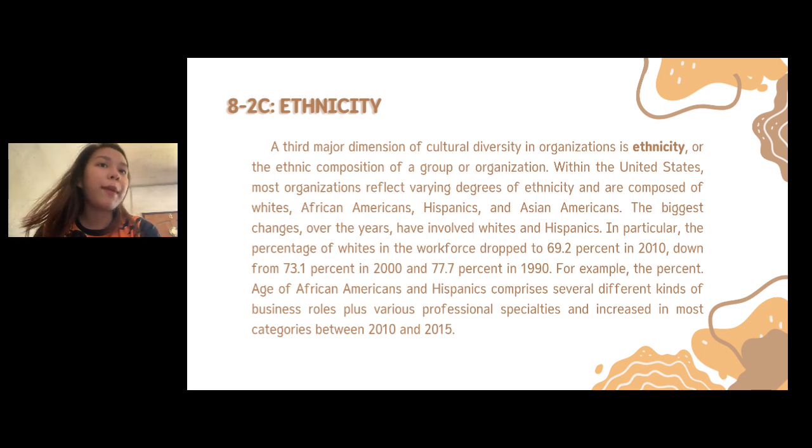In the US, marami yung mga organization na nagpapakita ng iba't ibang antas ng ethnicity composed of the white, African Americans, Hispanics, at Asian Americans. So the biggest changes over the years have involved white and Hispanics. Specifically, as I said, the percentage of the white is 69.2 in 2010, while in 2000 is 73.1, then sa 1990 is 77.7%. Samantala, ang porsyento ng mga Hispanics ay tumaas noong 2010, which is 13.3%